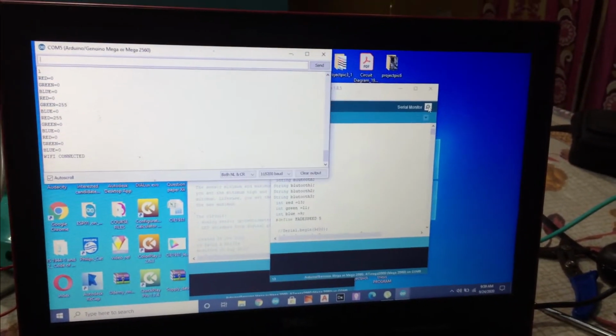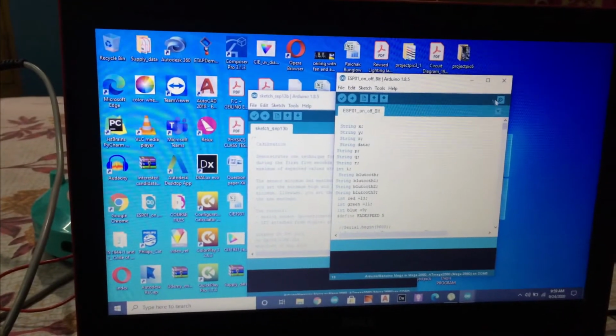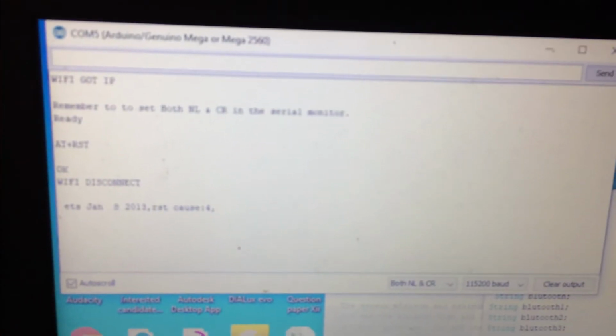Now I have to restart my module, then the Wi-Fi connectivity will be there. Restarting it.